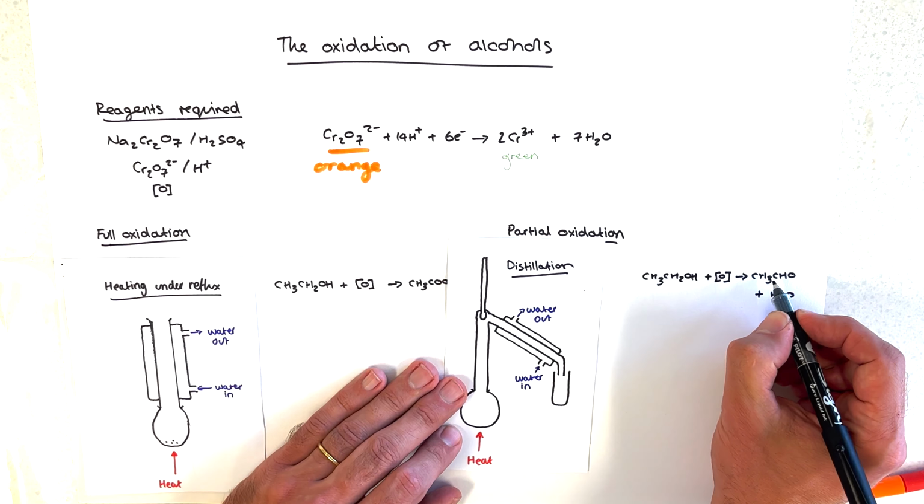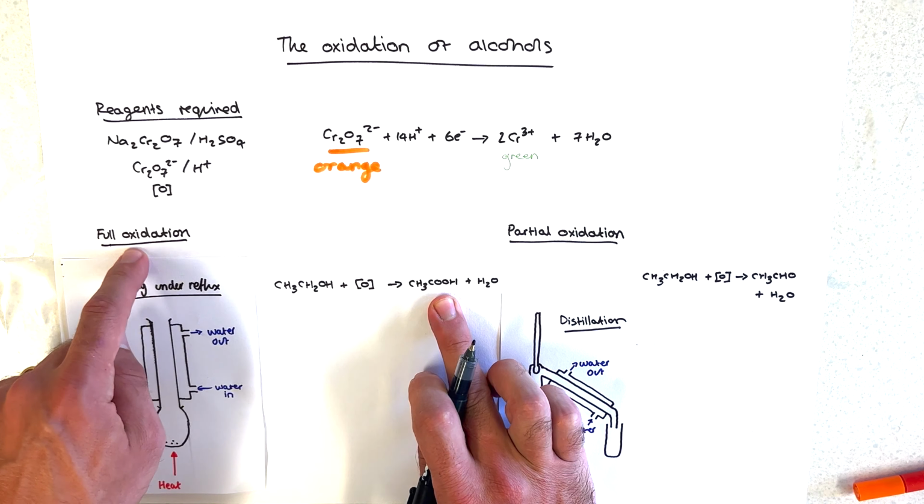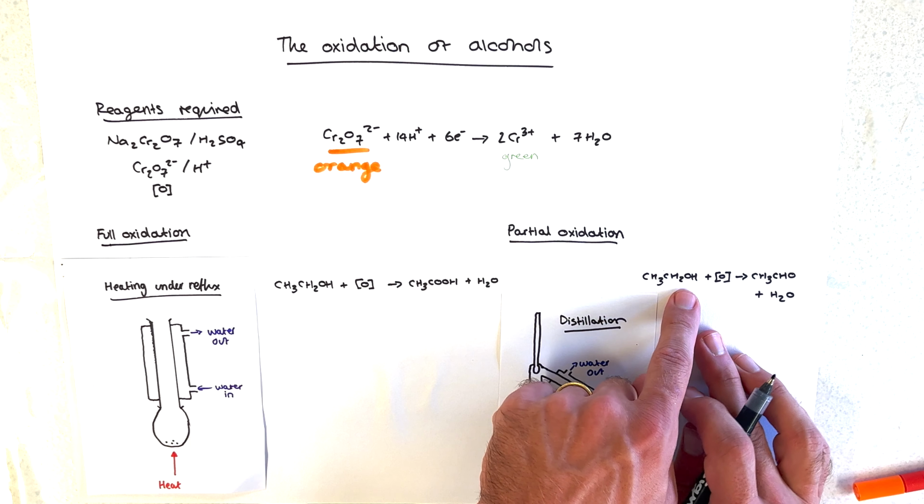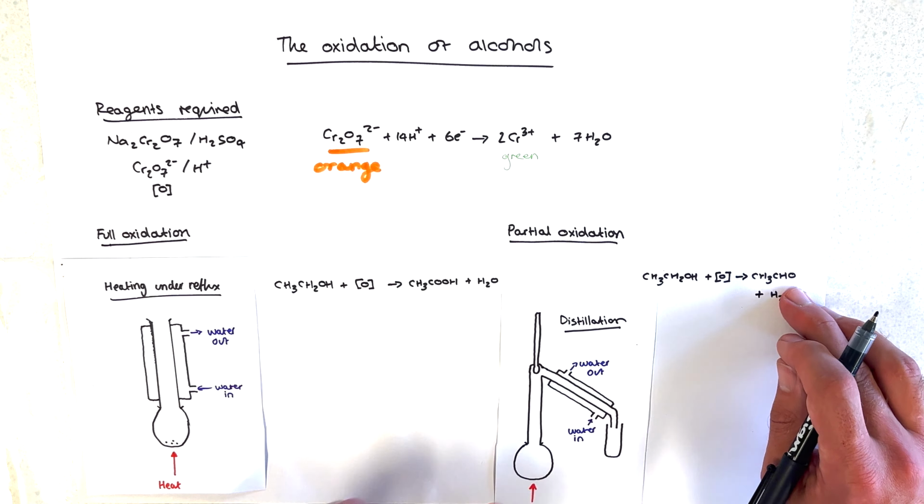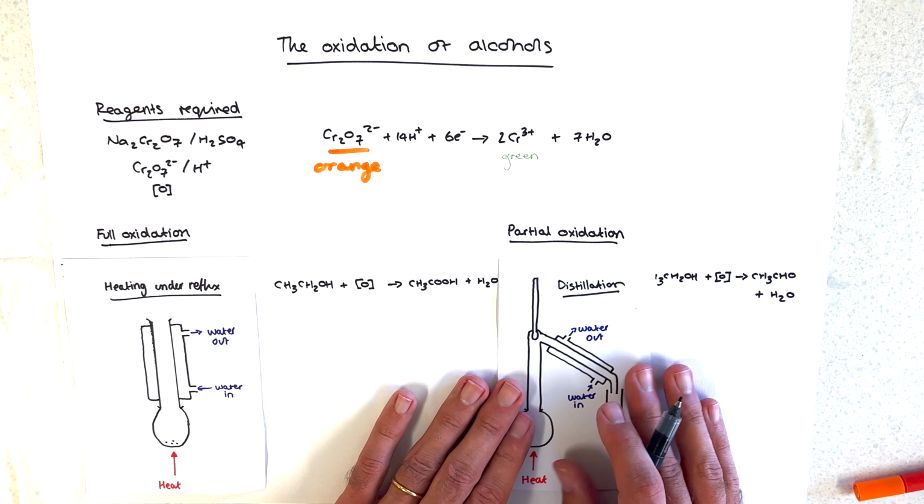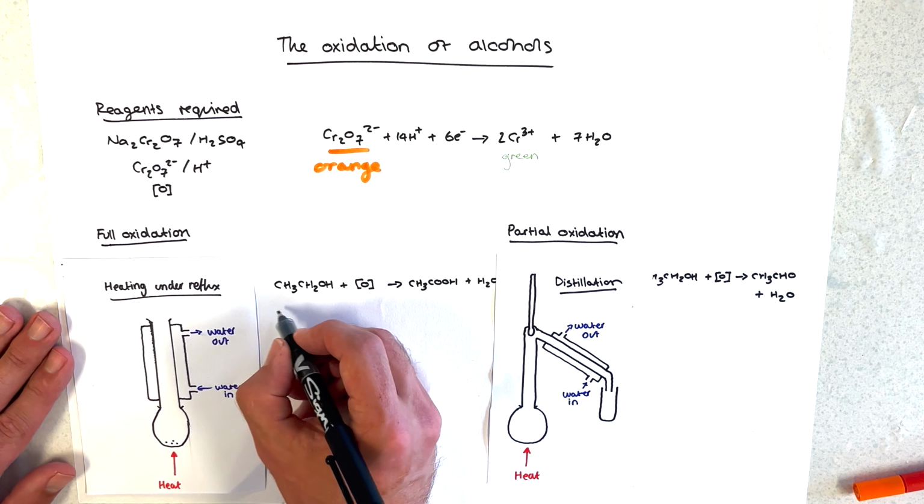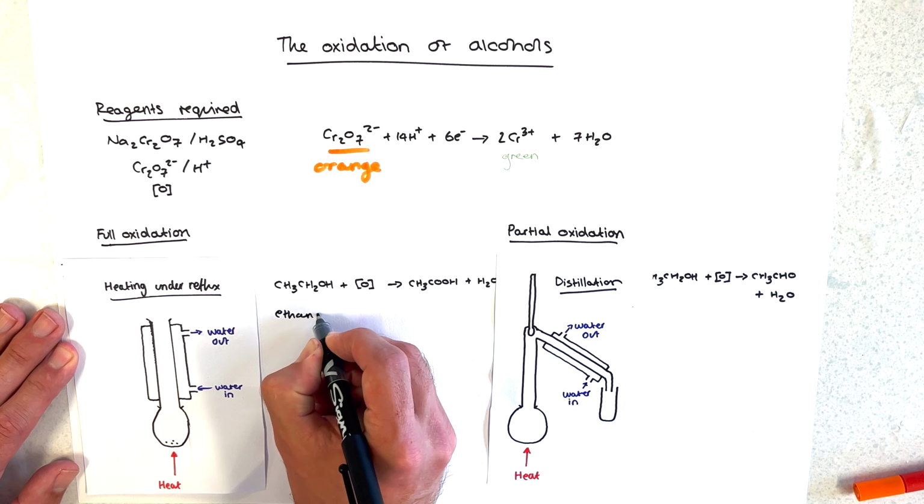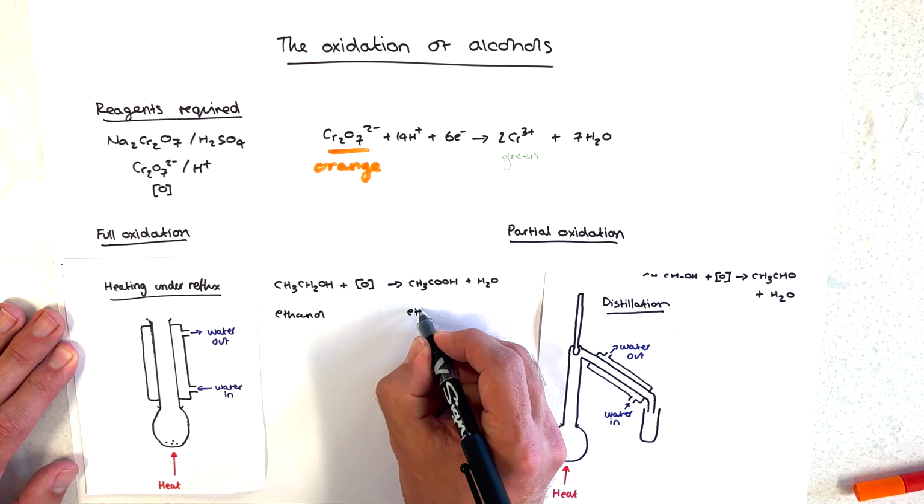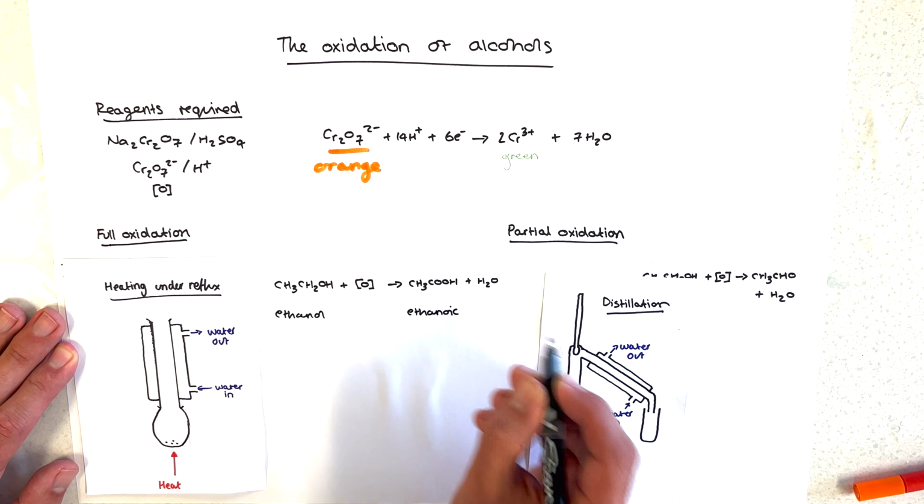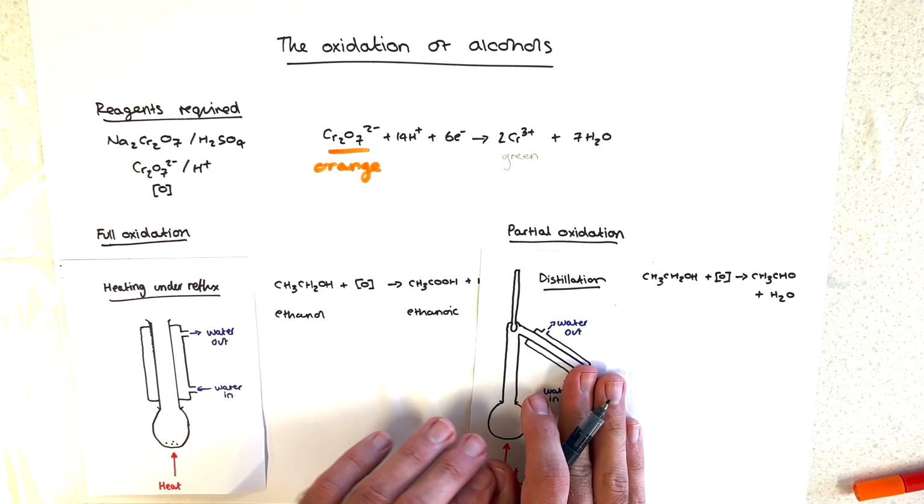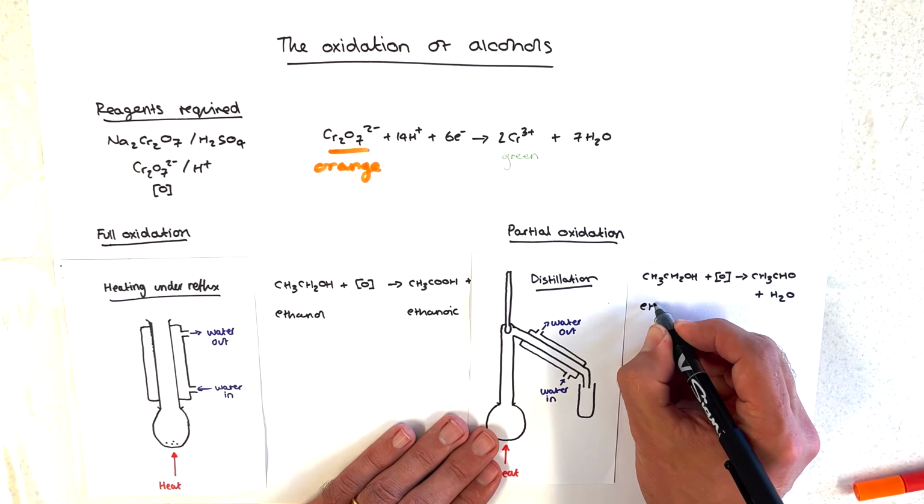So from ethanol in this reaction here, we go from ethanol to ethanoic acid through full oxidation. And with partial oxidation, we end up producing the aldehyde. Let's just write that down so we can see that really clearly. So ethanol to ethanoic acid in full oxidation when we heat under reflux. And then for partial oxidation, we go from ethanol